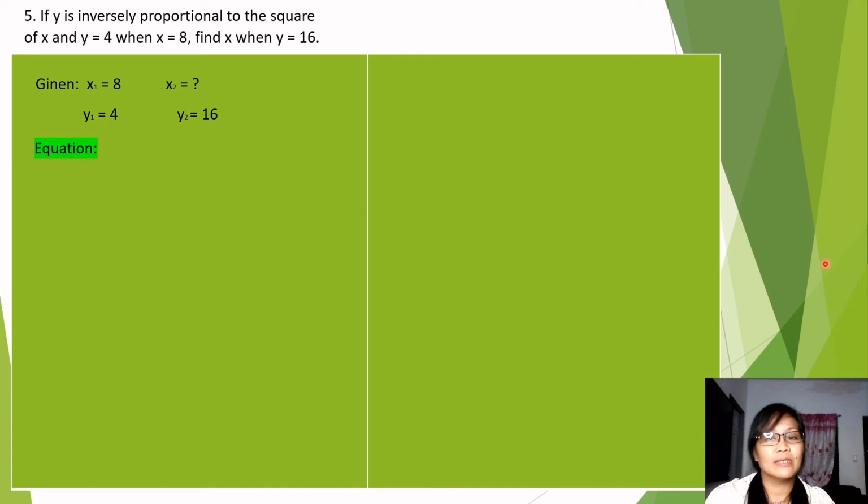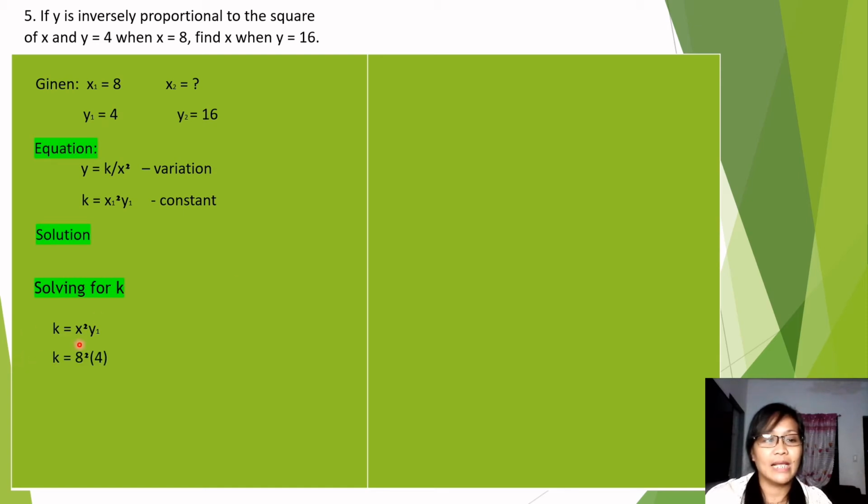Next, the equation. For our variation, y is equal to k all over x squared. And for our constant, k is equal to x sub 1 squared times y sub 1. And for the solution, finding for k or the constant, we're going to use the equation k is equal to x squared times y sub 1. Substitute the given. Our x sub 1 is 8, so 8 squared times y sub 1 is 4. 8 times 8 is equal to 64 times 4. And 64 times 4 is equal to